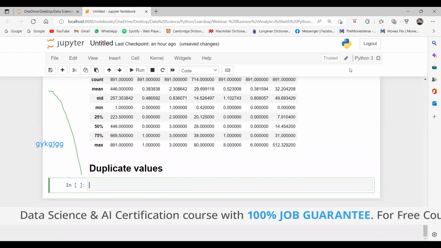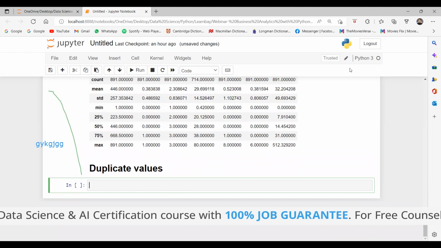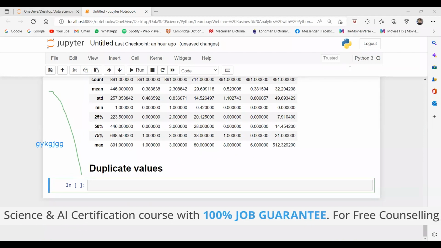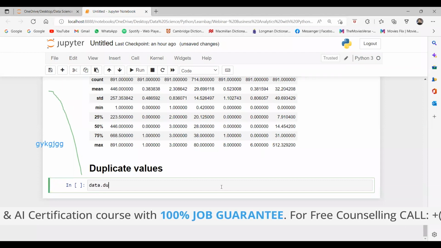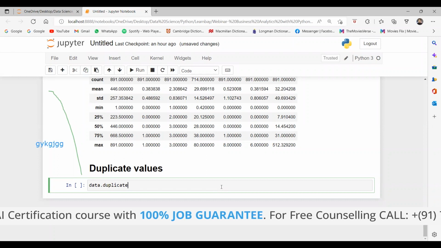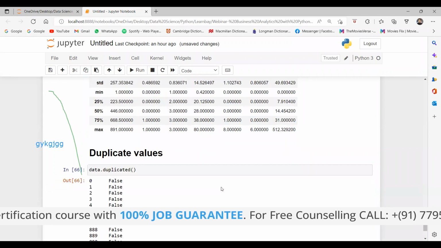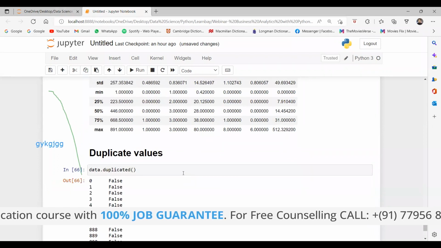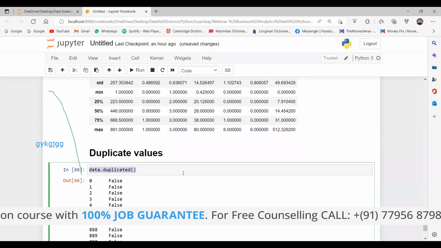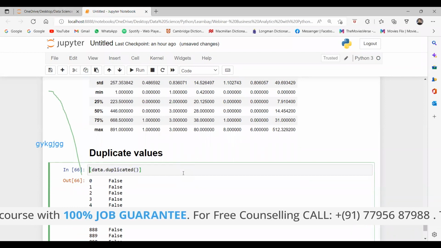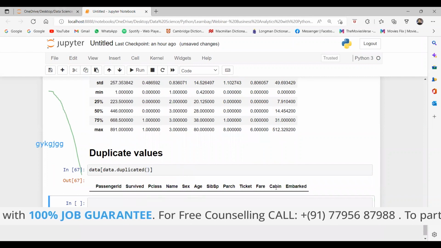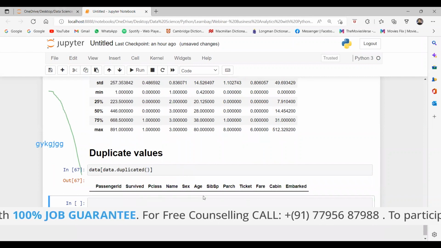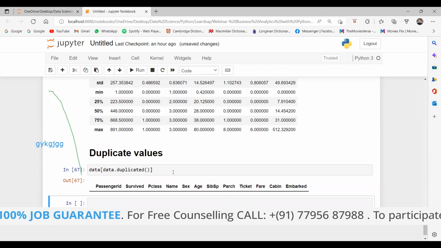It is not good to have duplicate values because they are just unnecessarily increasing the size of the data. So we can check the duplicate values with the data.duplicated function, and it gives Boolean values. If we pass it inside the data frame, it gives me an empty data set. It means no duplicate values are there.